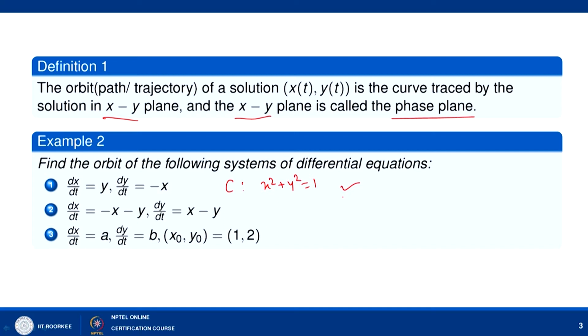Okay. Now, look at the second equation, dx/dt equal to minus x minus y, dy/dt equal to x minus y, and so here too we can simply say how we can solve this. It is nothing but the vector (x, y)' equal to the matrix with rows (minus 1, minus 1) and (1, minus 1) times (x, y), and we want to find the solution here.